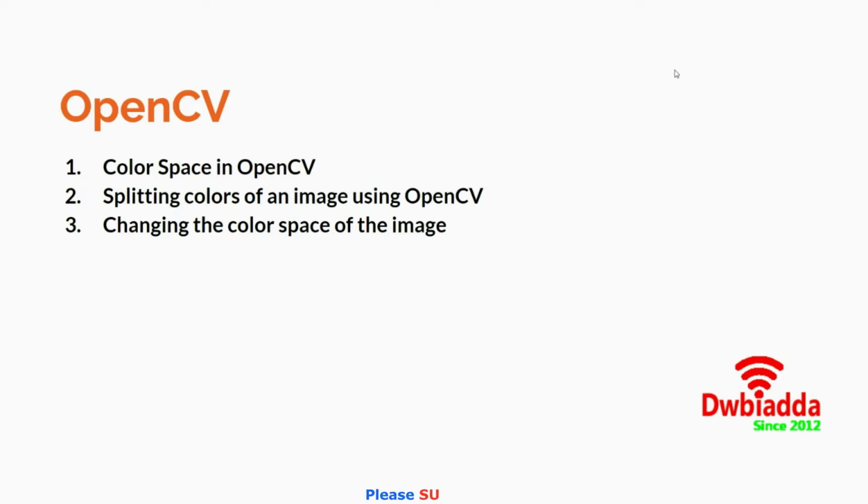So in OpenCV, the default color space is the BGR format as opposed to the RGB format that we generally use in our day-to-day life. There is no difference between the two, only the ordering of the colors gets changed. In RGB, it's red followed by green and blue, and in BGR, it's quite different.